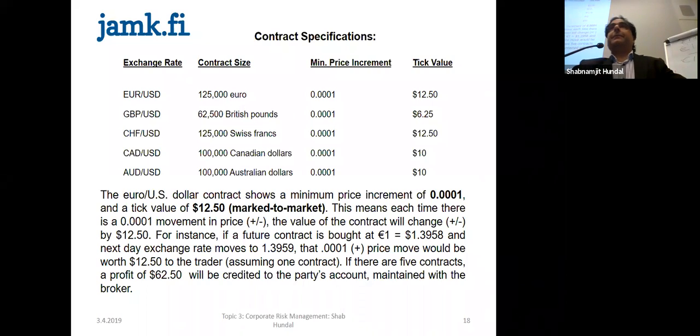First of all, tell me, did you gain or lose? You gain, because you bought at this rate. You didn't really buy, but it was agreed that you can buy at this rate. The price went up. It means that if you bought at this price, now you can sell at this price. And the difference is,